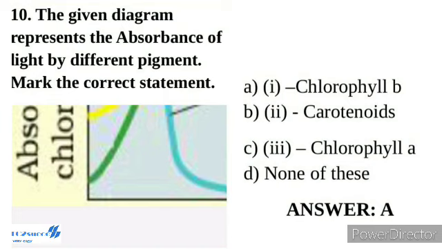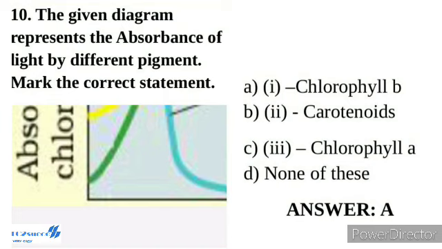Showing the wavelength at which maximum photosynthesis occurs in a plant, can you see that the wavelength at which there is a maximum absorption of chlorophyll A, that is in the blue and red region, also shows a higher rate of photosynthesis. Hence we can conclude chlorophyll A is the chief pigment associated with photosynthesis. So the correct answer is option A.